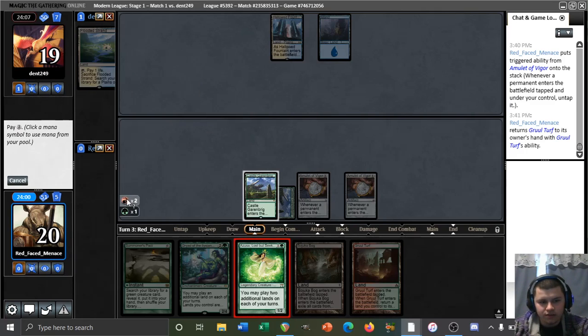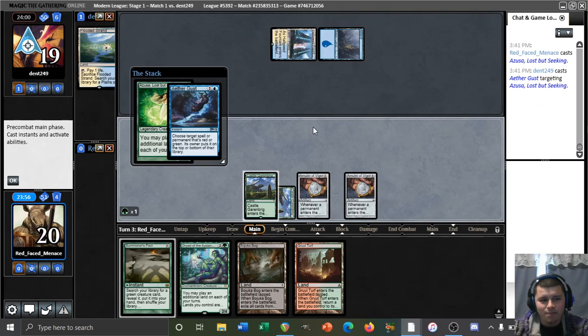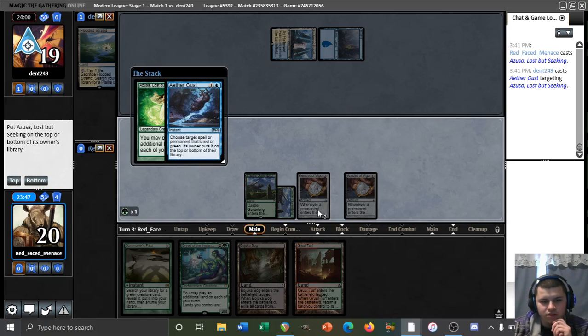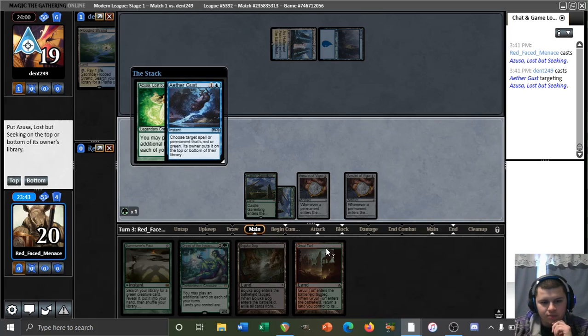Alright, Azorius. See if it works. We're playing around Logic Knot for one. Aether Gust in the main board? Say what? Well, can we afford to top that one? See, next turn, we'll be able to play Gruul Turf. We'll have at least 5 mana that we can use, so we can cast Azorius. If it doesn't resolve, then we can play...